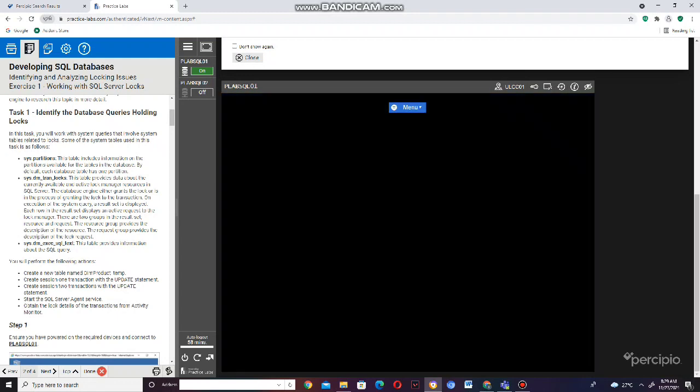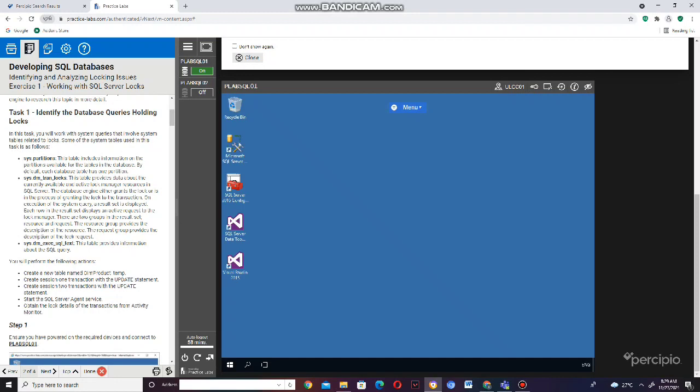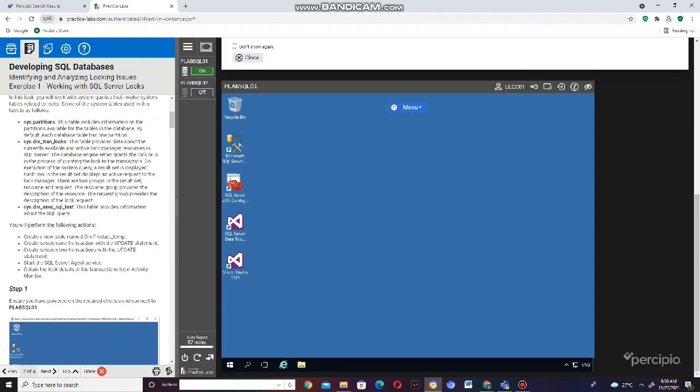In this task, you will work with system queries that involve system tables related to locks. First, sys.partitions. Second, sys.dm_tran_locks. And third, sys.dm_exec_sql_text. You will perform the following actions: create a new table named product_temp, create session 1